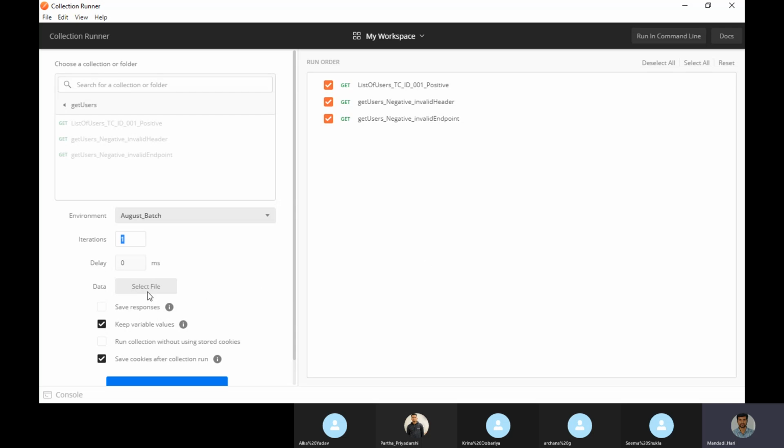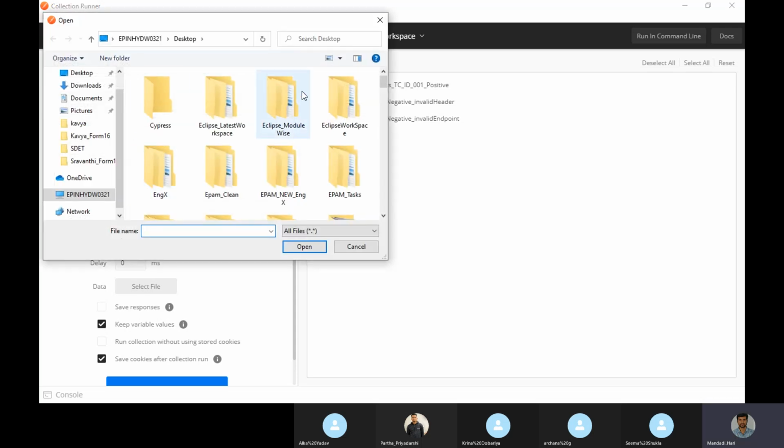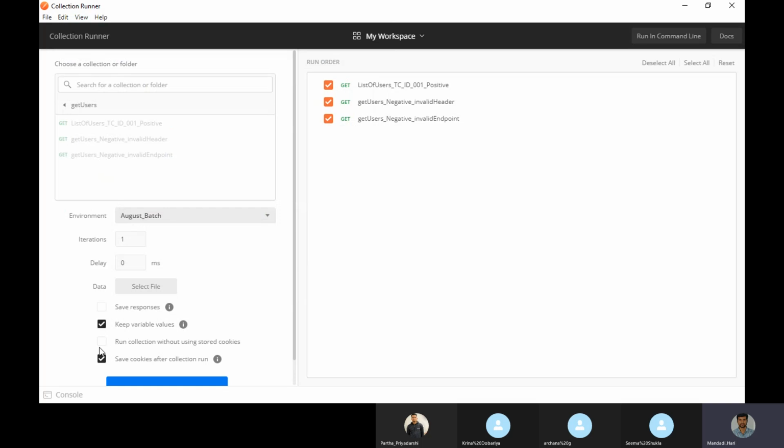If we are doing such a level, we do automation. Save responses, if you want to save responses, I think you can, but this level I don't know. These we don't touch anything.